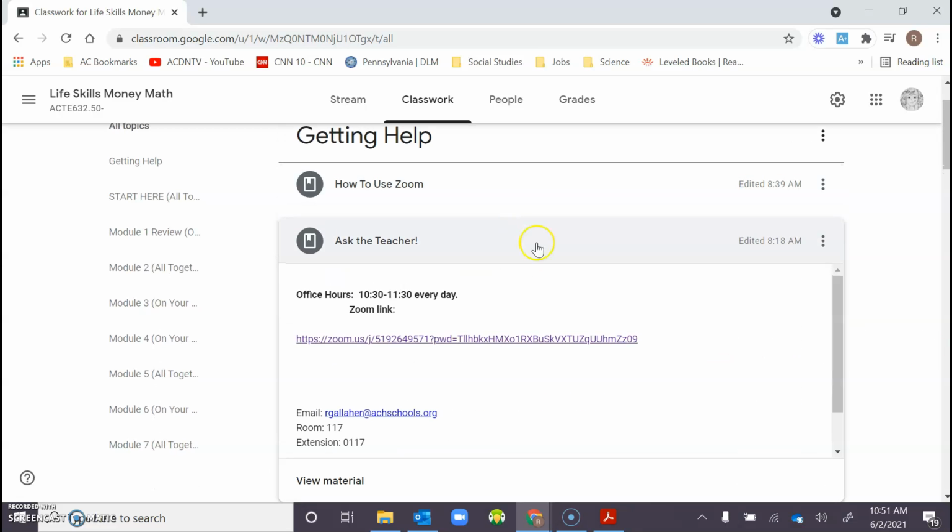Ask the teacher. This is my Zoom, and I have a time available every day that I would be on, even though I do have 2 students that are solely online, which is usually this time of the day. But since we're at the end of the year, there are no classes. However, anyhow,